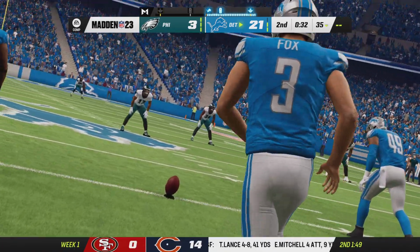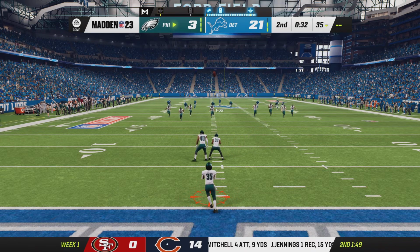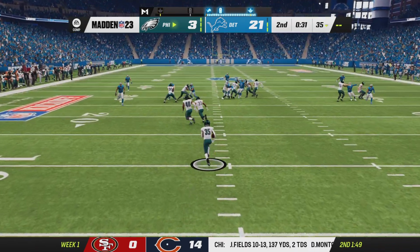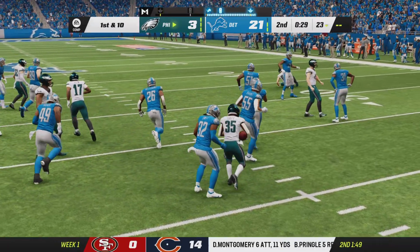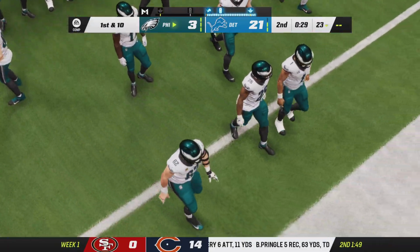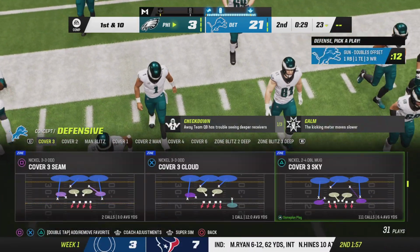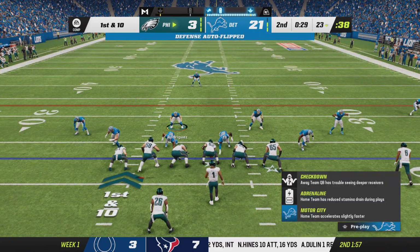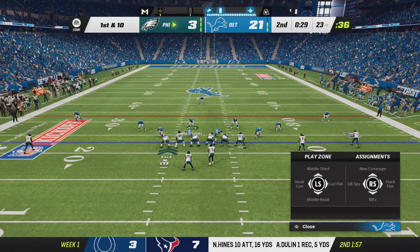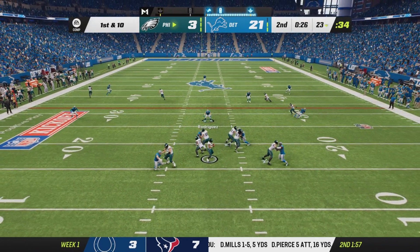Here are the Lions now as they line up and kick this one away. Fields it right around the goal line. And the Eagles going to get one final possession in this first half. And with time quickly fading here in the second quarter, not sure how aggressively, offensively they want to play this. I think we'll find out just how much they trust their guys in this situation if they decide to take